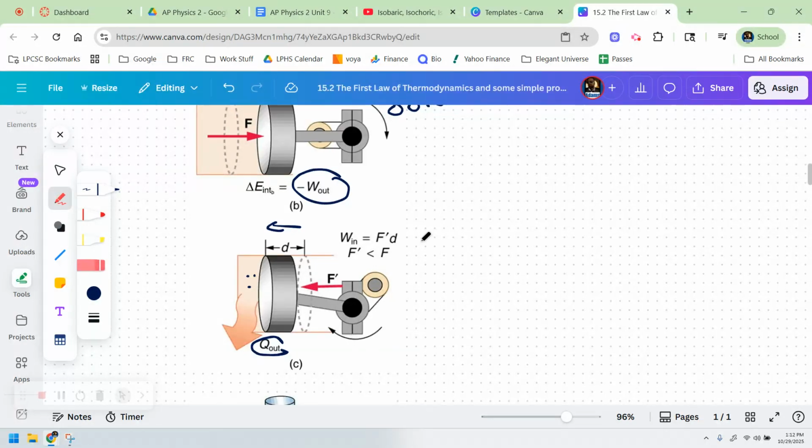And the force here, force prime, will be less than the original force. Well, why? Because we have to overcome friction. Okay, so that's how that works. We have to overcome friction. So we lose a little bit back and forth. So we have to keep adding heat, right? There's no such thing as a perpetual engine, heat engine or otherwise. So what does that mean? Well,